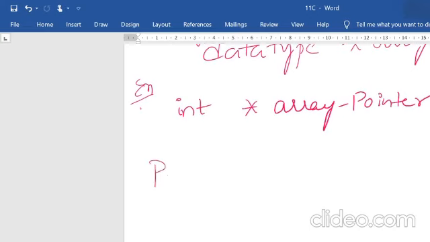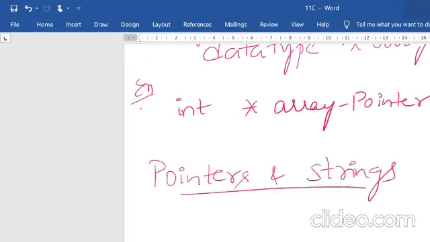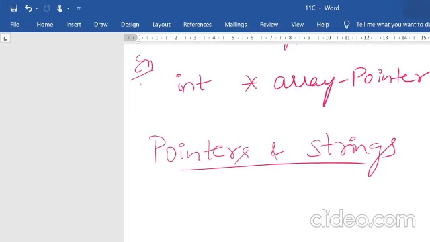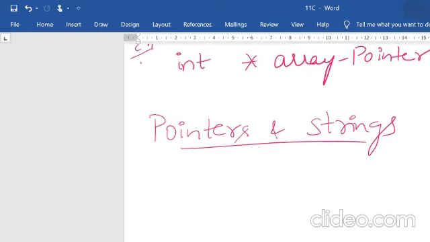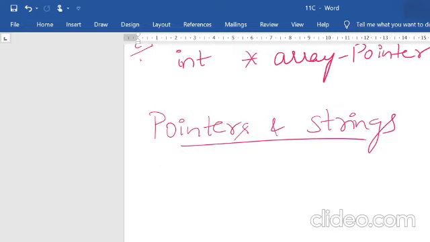In the same way, we can use pointers with strings. You already know what a string is. If you are making use of characters or letters, then we use strings. A string is a sequence of characters. It is also a one-dimensional character array. In pointers also we can make use of strings, but the starting address of the string will be assigned to a pointer and it points to the first character of the array. Later, if you want to continue, you can increment the counter.